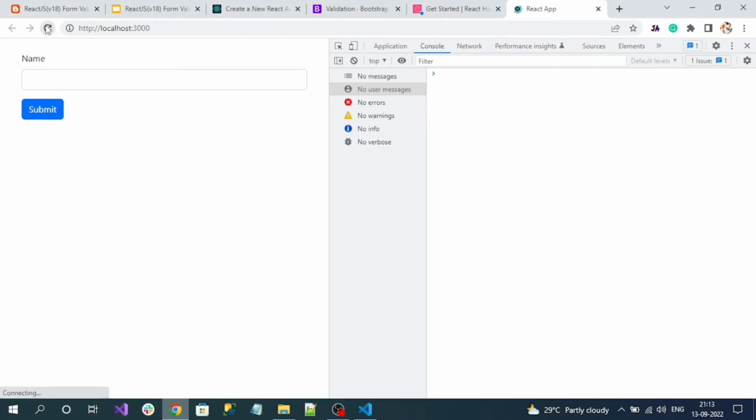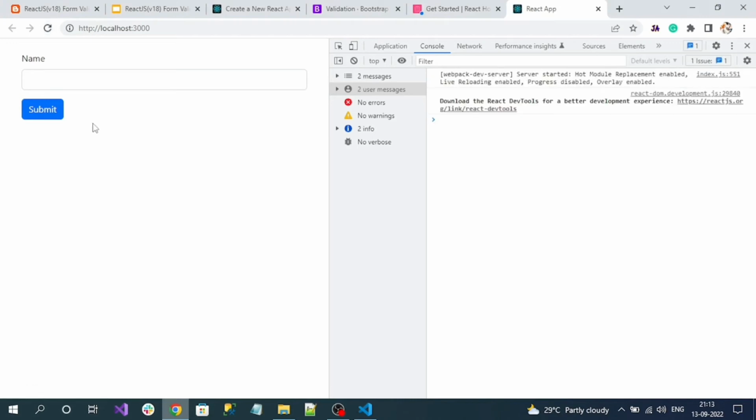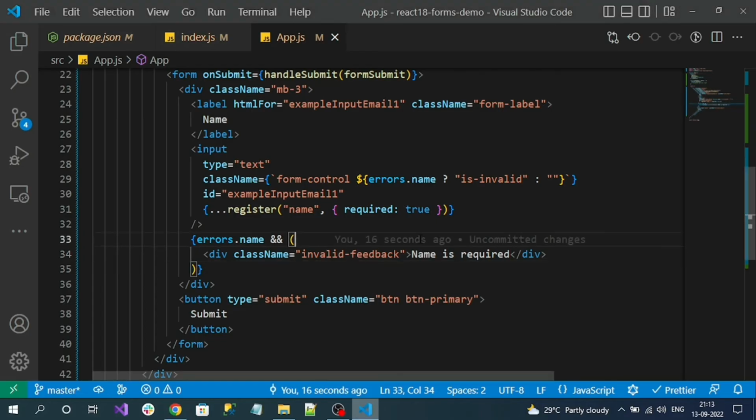So reload. If I submit with an empty text field, see, a red colored error message is showing with my custom error message, that is, name is required. So that means we have successfully validated the required field validation. Okay, and let's also do another check like